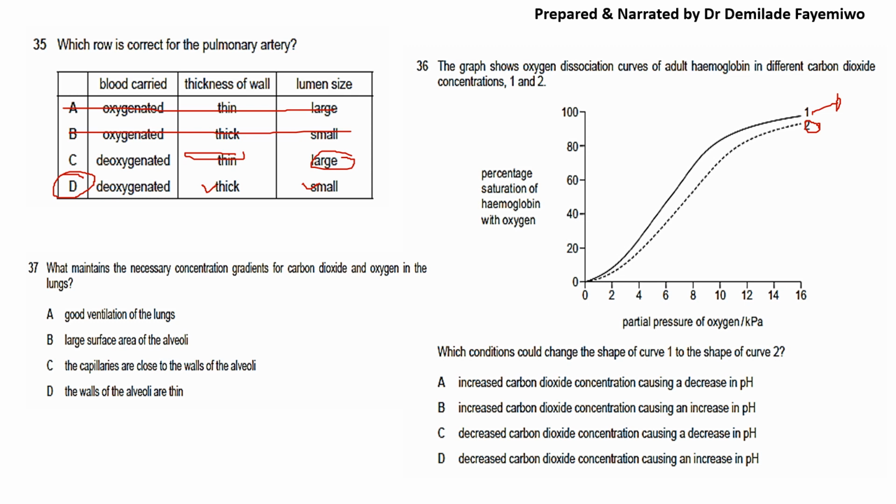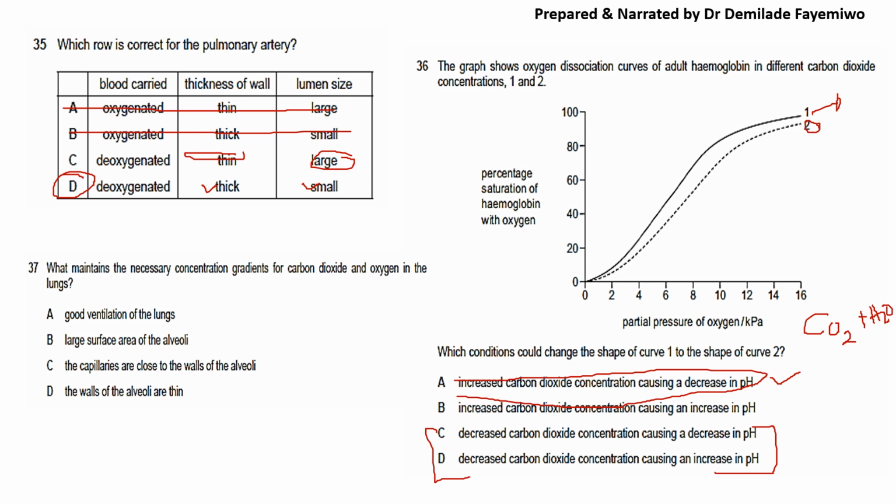When you have carbon monoxide, then the graph is actually a lot worse than this, because carbon monoxide is a non-competitive inhibitor that terribly affects how hemoglobin binds with oxygen. But in this case, it's carbon dioxide, so you can't say it's decreased carbon dioxide, because it's certainly not that, but increased carbon dioxide concentration causing a decrease in pH is the most likely answer. The reason for that is that the way the body removes carbon dioxide through hemoglobin is that it binds with water and forms an acid, and hemoglobin then tries to mop up that acid so that the blood doesn't become too acidic. If that was confusing, just check out the video on chapter 8, but the answer there